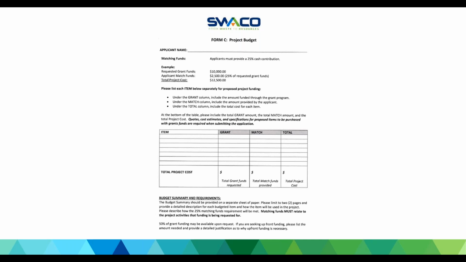And then again, I'll just mention any purchases that are made prior to the execution of a grant agreement, and by execution I mean we have selected your project for funding and we have both signed an agreement. Any purchases made prior to both parties signing an agreement cannot be approved or cannot be reimbursed for funding, even if it's something that was identified as eligible and SWACO will provide funding for it. Please don't make any purchases until after you've received that award notification and we've executed the agreement.